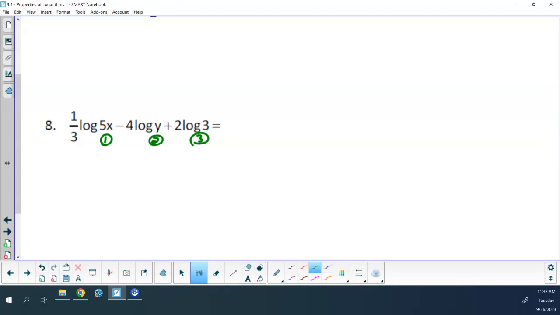Multiply them or divide them? Divide them, right? Because it's a subtraction. What should we do with 3? Multiply it. So what you can do here is you can take these two and you can do them in any order. Because remember, there's no order in addition. So we could really write this as